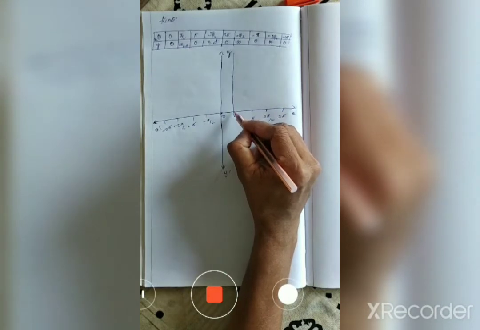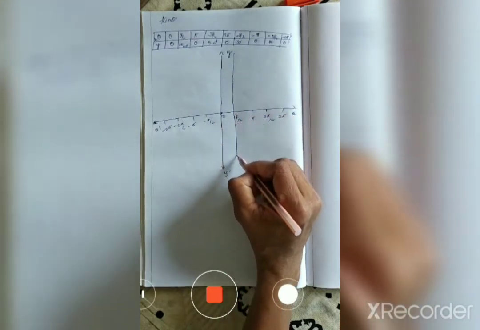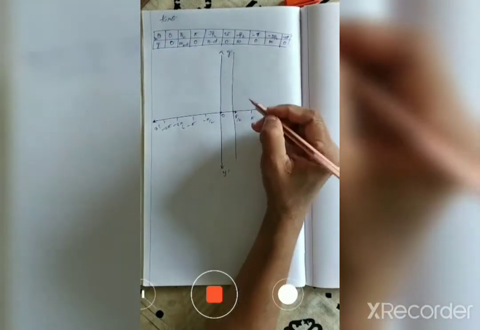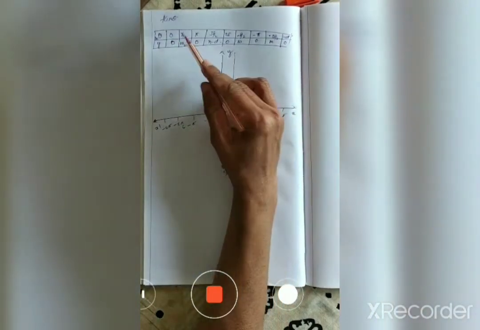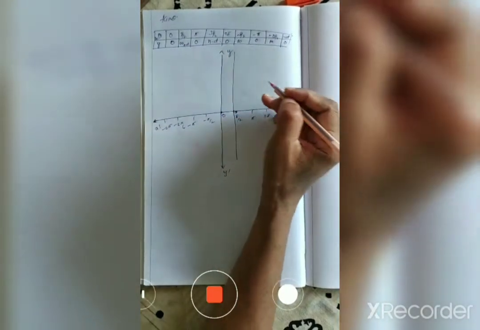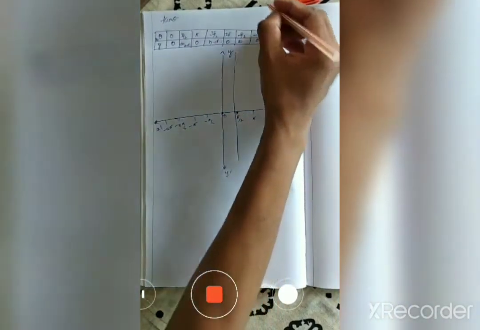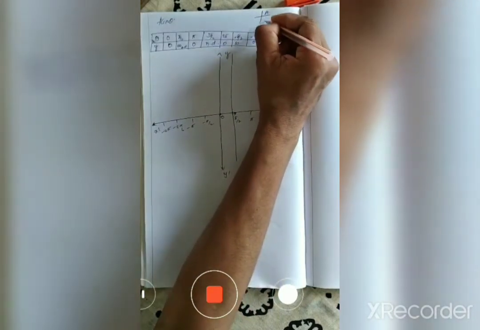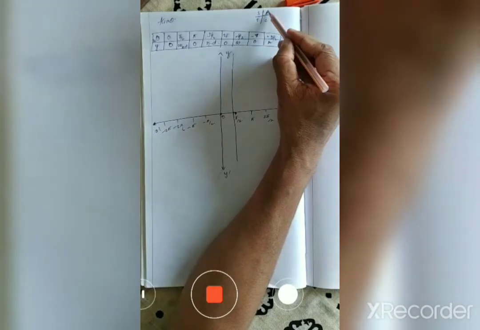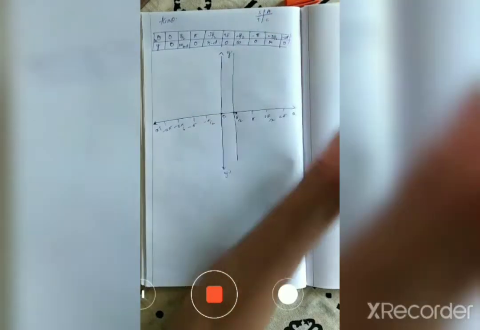At pi by 2, exactly at pi by 2, so this is the point, pi by 2. Now, at pi by 2, it is not defined. Now you know the signs of trigonometric functions. Let us mark like this. It is easy to understand here. All positive, cos positive, tan positive, sin positive.